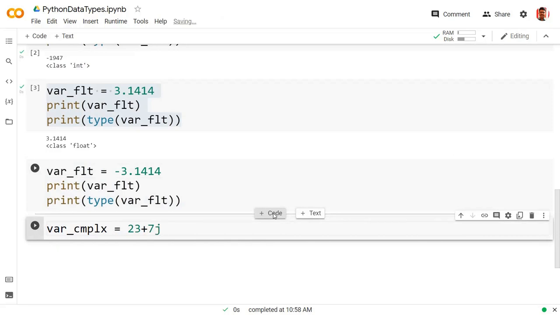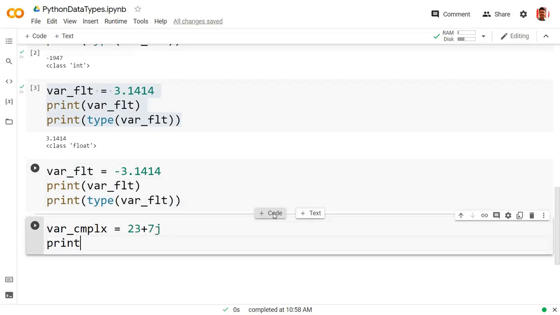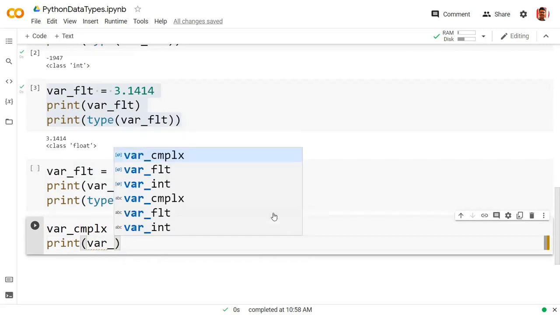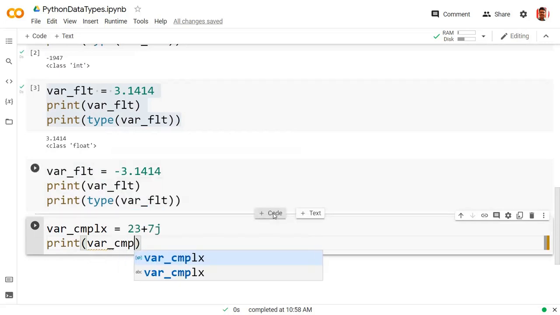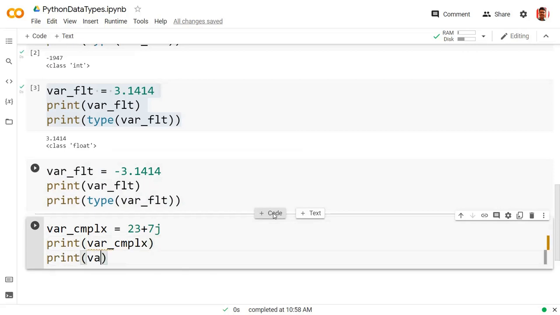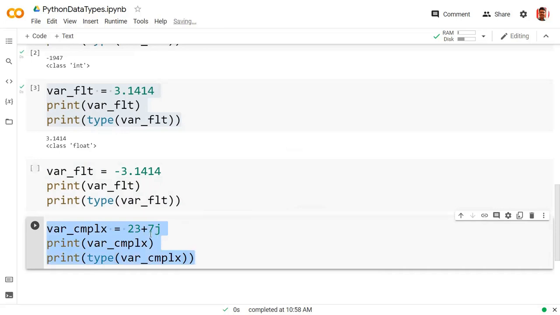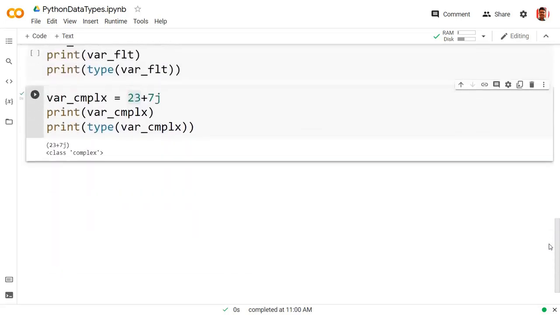Right here 23 is my real number and 7j is my imaginary number. So the combination of these two, 23 plus 7j, gives me the resultant as follows.